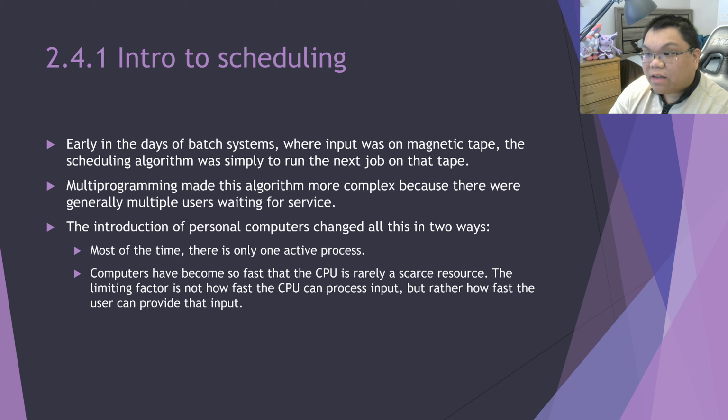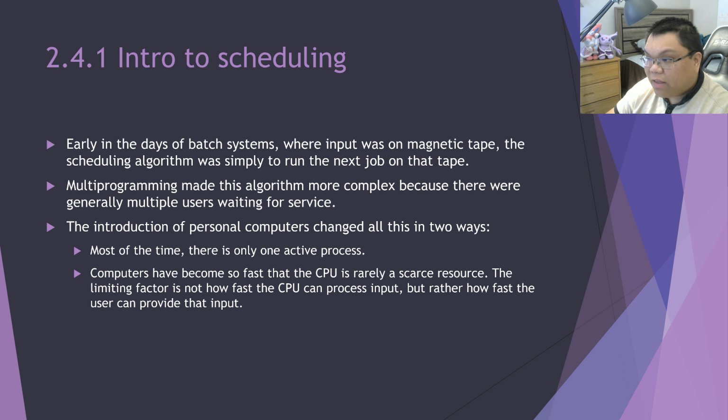In the early days of batch systems, where input was on magnetic tape, well, technically it was on punch cards, but there was a machine that would convert the information on punch cards onto something that can be put on magnetic tape. In the early days of batch systems, the scheduling algorithm was simply run the next job on the tape. Multi-programming made this algorithm more complex because there were generally multiple users waiting for service,